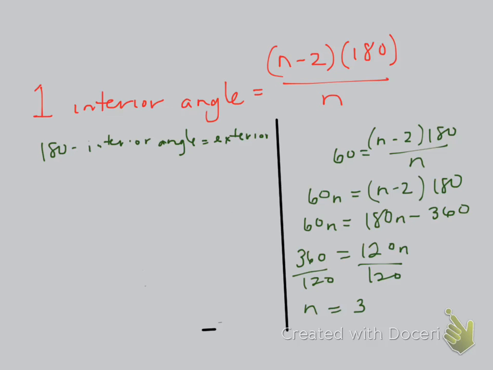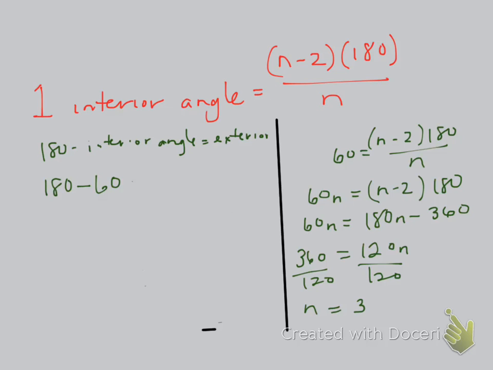Okay, and what that's going to do is allow you to have a proportion, okay? And so what that allows you to do is basically say, okay, 180 minus, I was given 60, right? So minus 60